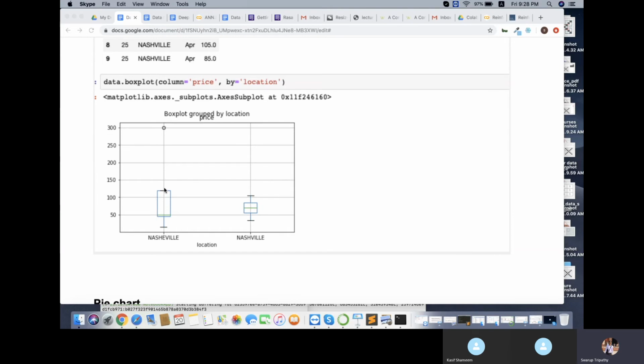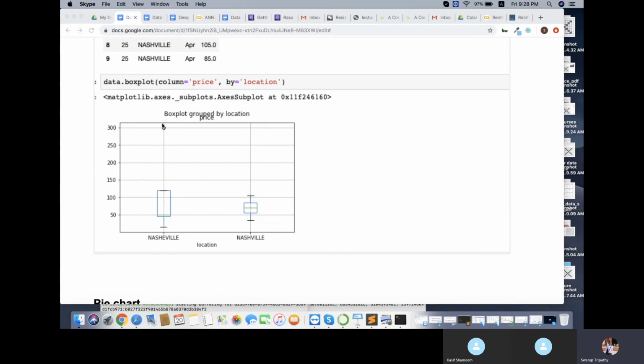The max value also falls within here, and there is one value which is very far from the data. The actual max value is very far from the rest, so it has been considered an outlier. Outlier is like this circle.